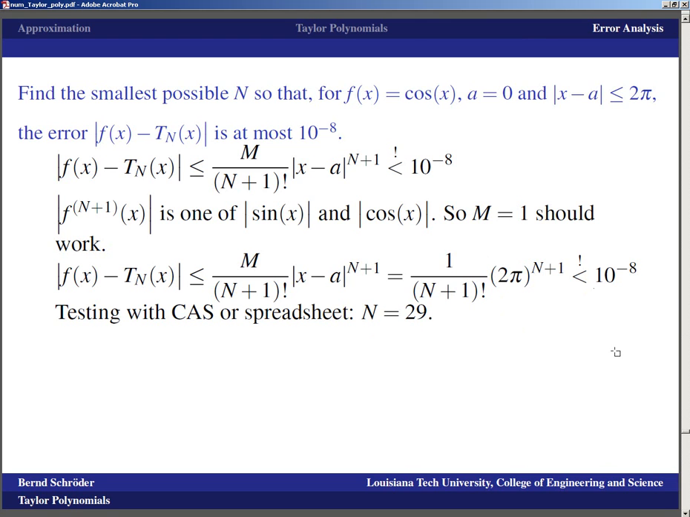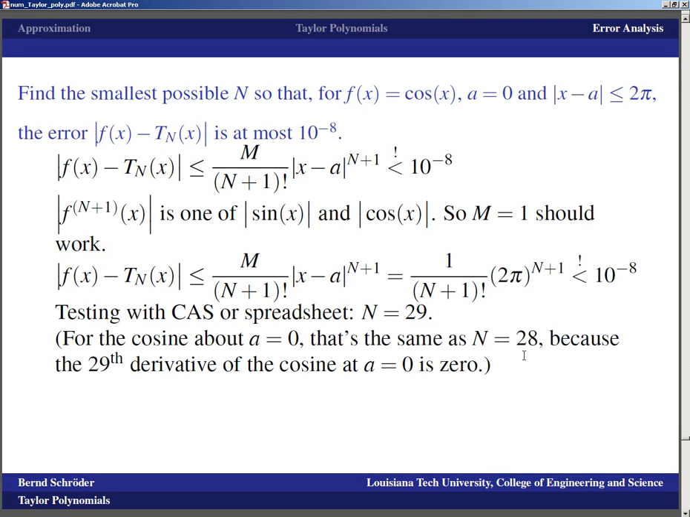After all this theory and patterns and all sorts of other things we've done, you just punch in numbers into a calculator or a computer until you get a number that is smaller than 10 to negative 8. And so n equals 29, but for the cosine about a equals 0, that's the same as n equals 28, because the 29th derivative of the cosine at a is 0. But basically what that means is that we need a 28th order Taylor polynomial